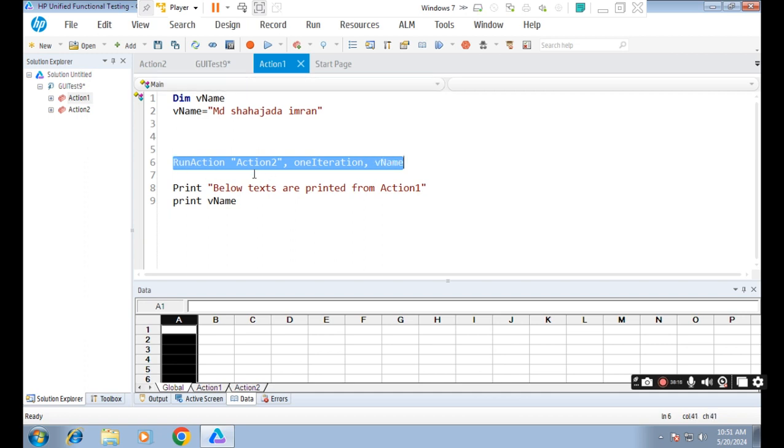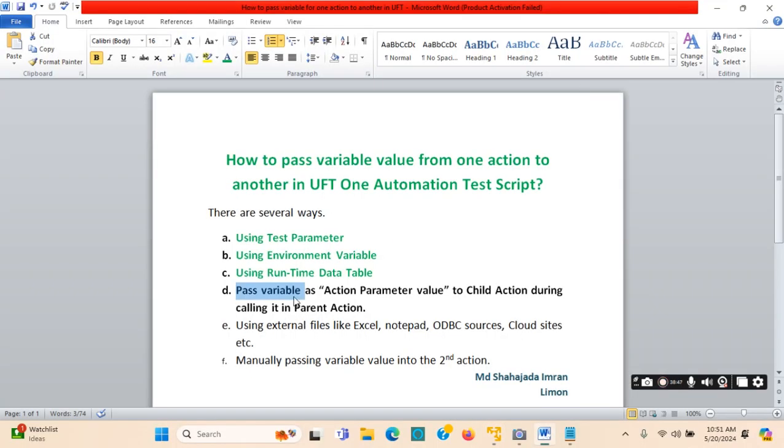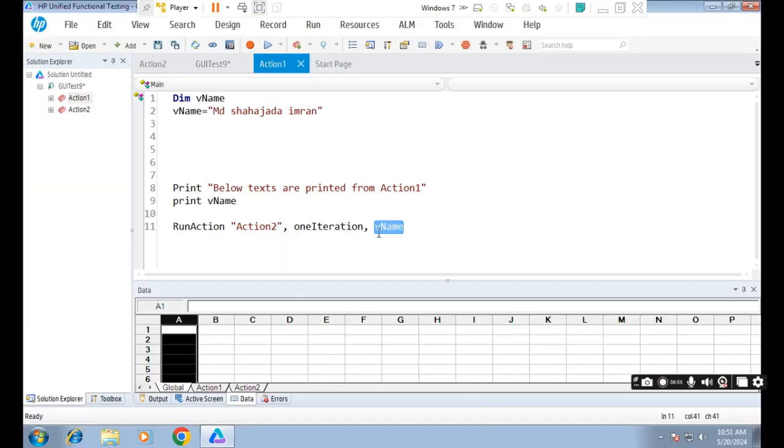So action 1 is parent, action 2 is the child action at line number 6, and when at the line number 6 action 2 is getting called, or I'm Control X, I'm cutting it, and I want to call at the end of the script. So in line number 11, I have passed this variable as input argument value. Pass this variable as input parameter value to the child action. So I have passed this value